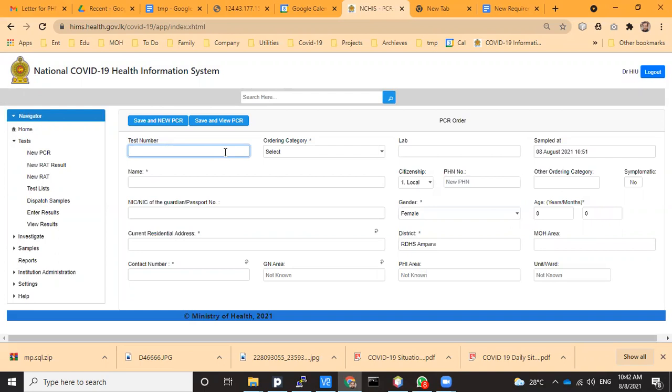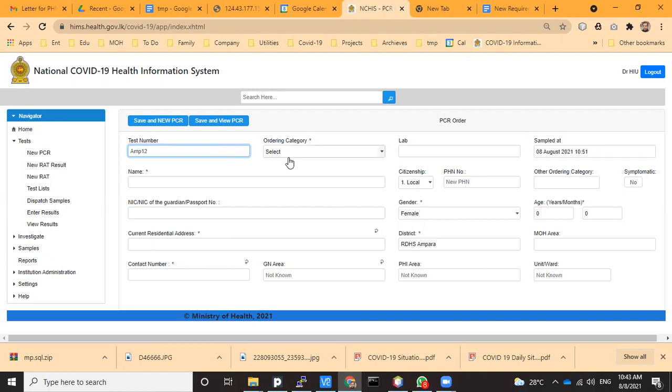This program also can generate a serial number, but most of them do it manually. They have a manually created list of numbers to be pasted on the test tubes. In that case, you have to enter that number. Or if you want a serial number, just leave it blank.